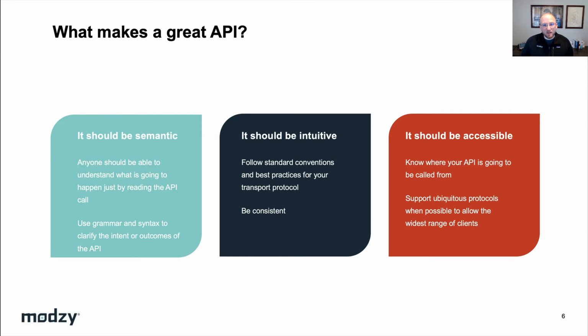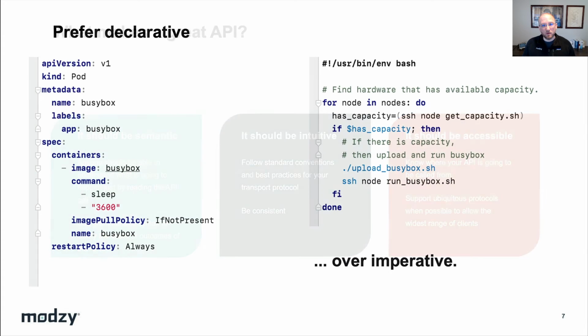For APIs that extend beyond simple CRUD actions, an additional recommendation is to prefer declarative APIs over imperative ones. A declarative API is one that allows the user to express the outcome that they want given a set of inputs. Conversely, an imperative API is one that allows a user to have more control over the sequence of steps necessary to achieve a particular outcome, similar to if they wrote the program themselves.